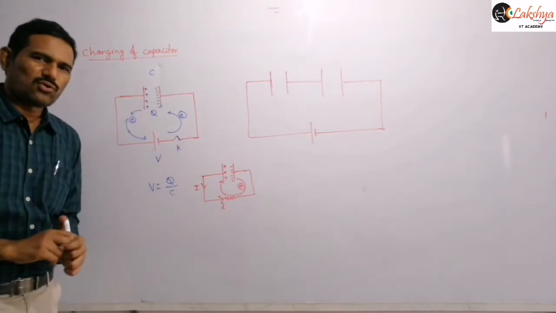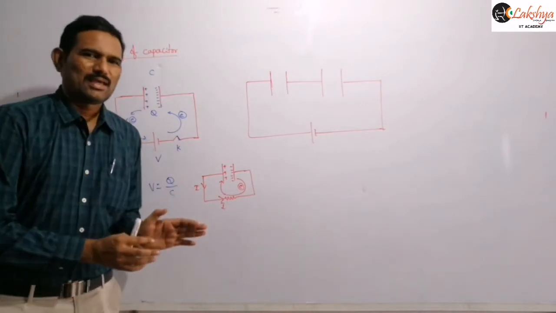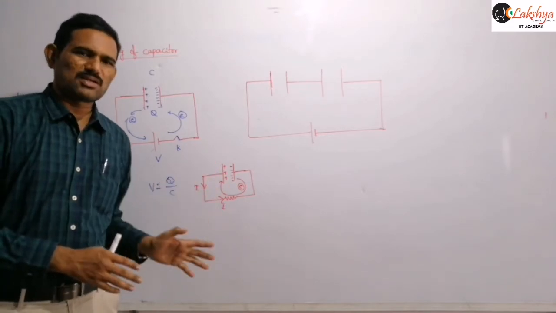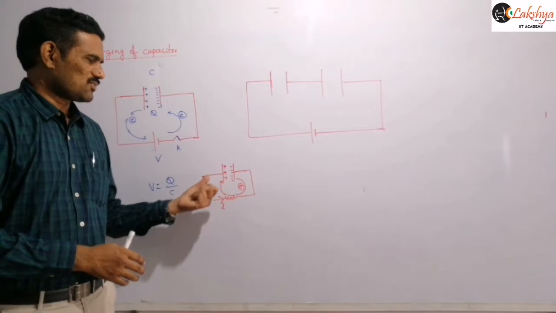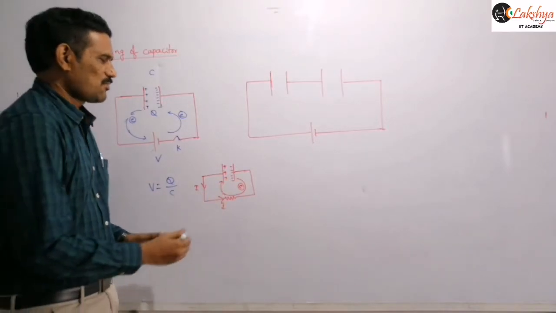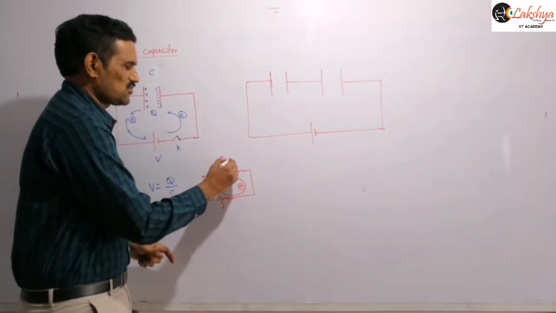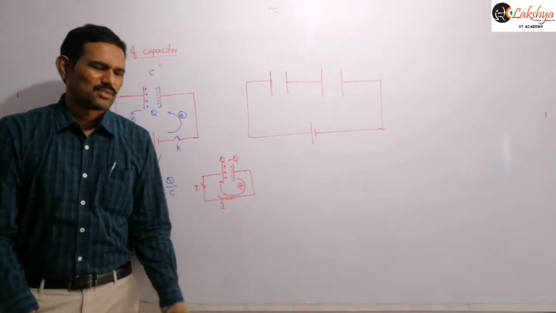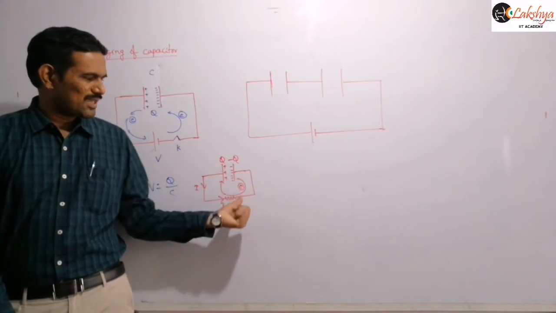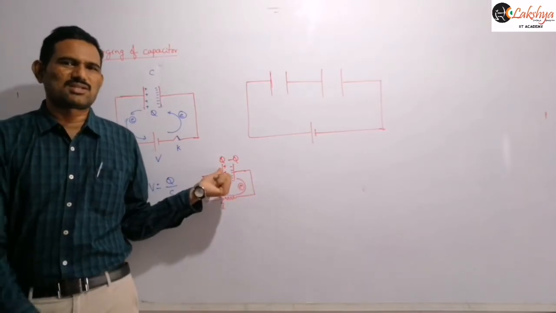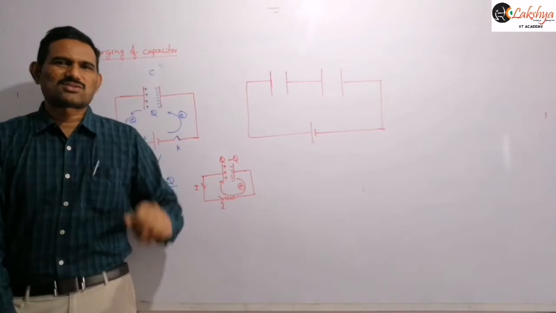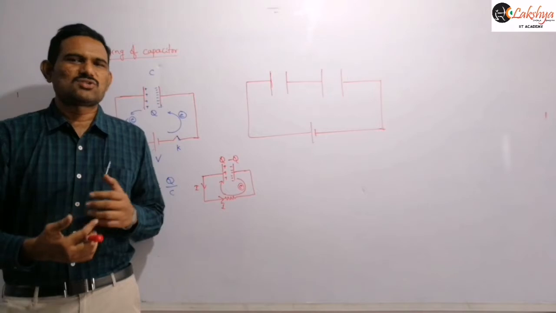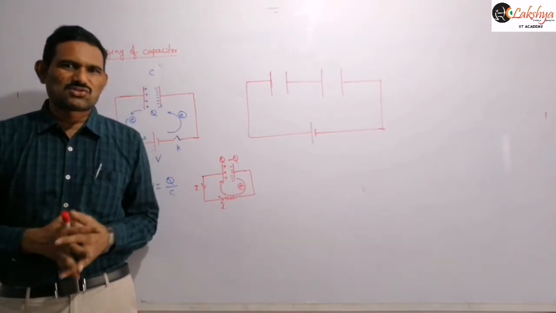This current also flows only until the discharging of the capacitor is complete. Discharging of the capacitor means the total charge is zero, because the sum of these two charges will be zero: if one plate carries a positive charge plus Q, then the other carries minus Q. So finally the net charge of this system will become zero. When this process completes, with all the excess electrons reaching the positive plate, the total charge on the capacitor becomes zero. Once the charge on the capacitor becomes zero, there is no further flow of electrons, and that means there is no current here.